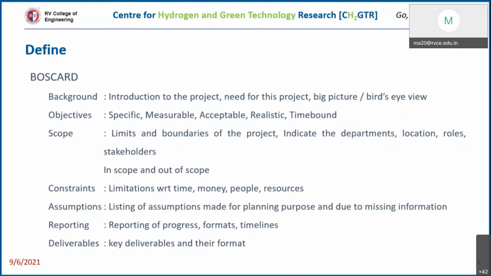Okay. So this is about defining a project. Depending upon the project, the importance that you give to all of these steps might vary. When you start, you might be completely blank, so you may not be able to find answers to many of these. That is perfectly normal, so nothing to worry. The more time you spend, the better it is going to be.